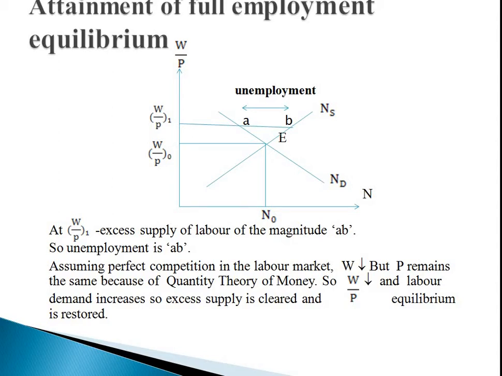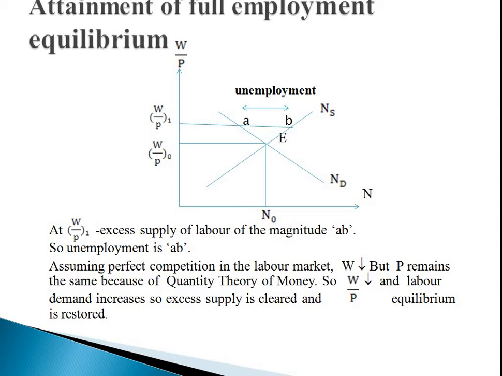Now, according to the classicals, this situation will not persist. The classicals assumed that there is perfect competition everywhere, so there is perfect competition in the labor market as well. This means that the laborers are competing with each other for jobs. So each laborer would take up jobs even at a lower wage rate rather than remain idle, because he knows that if he doesn't take up the job, then someone else will. So he prefers to work rather than remain idle even at a lower wage rate. So the first thing that happens when there is an excess supply of labor is that money wage rate W